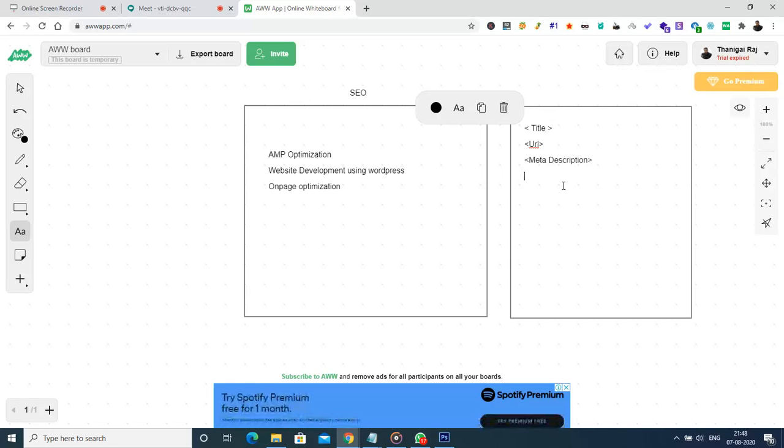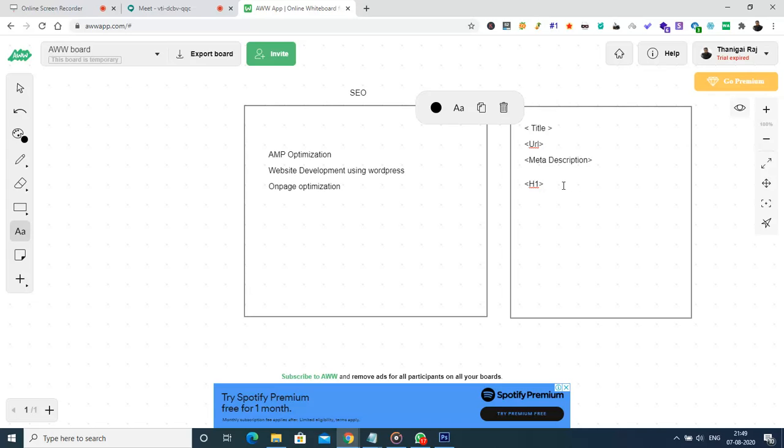Okay, all right. Then, what else do we have? These are the three primary on-page optimizations that we have to consider. After this, next comes the H1 tag. Whatever data we provide inside this H1 tag will be visible for the end customer, the end user. So what will we feed inside this H1 tag? In this H1 tag, we will be entering the primary heading of the particular web page. That is the purpose of the H1 tag.